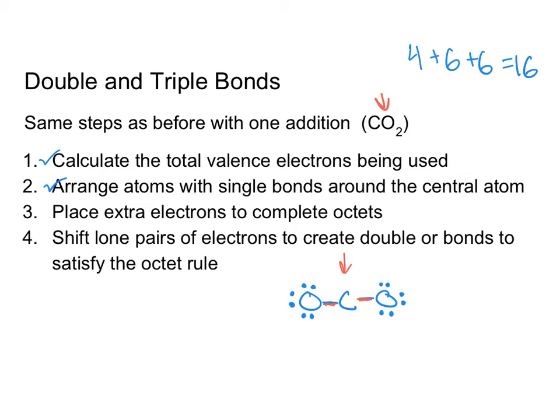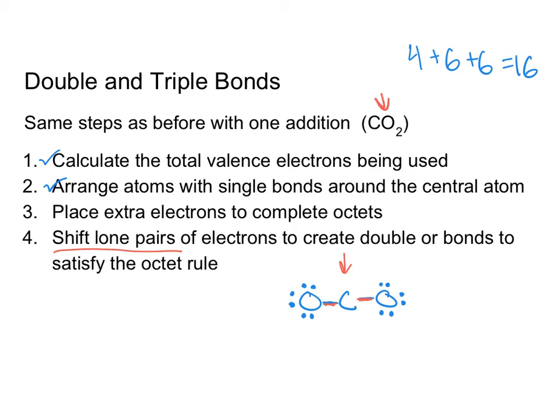So that's a problem. So what I'm going to do is start transferring some electrons around. This is where that 4th step is going to come into play. So now I'm going to shift lone pairs of electrons in order to create double bonds or triple bonds so that I'm satisfying the octet rule. So essentially, I'm going to take the lone pairs of electrons that the oxygen has, and I'm going to shift them to create extra bonds between the carbon and the oxygen. That will give carbon extra electrons, but it won't remove any from the oxygens themselves because now they're just sharing